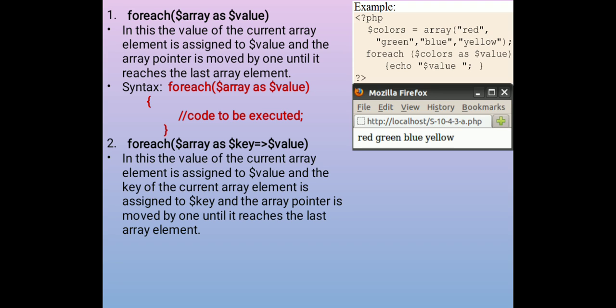and the array pointer is the same, moved one by one until it reaches the last element of the array. And the syntax is foreach $array as $key => $value, then curly brace open, write the code to be executed, and at last close the curly braces. And an example: